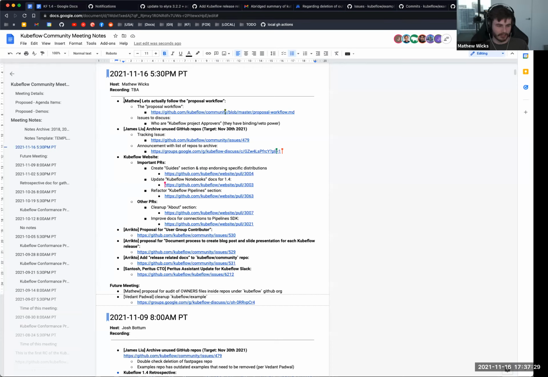Okay, so the first thing I wanted to just highlight to everyone, and I want to have a small discussion about it, is I think we've been experiencing problems where we've had PRs that have been open for months, if not longer, in the proposals. So on the Kubeflow community repo, which is where we manage our community to some extent, we have proposals that often come in, and I think a lot of them, it's very unclear how we can get them merged and actually ratified, if you want to call them that.